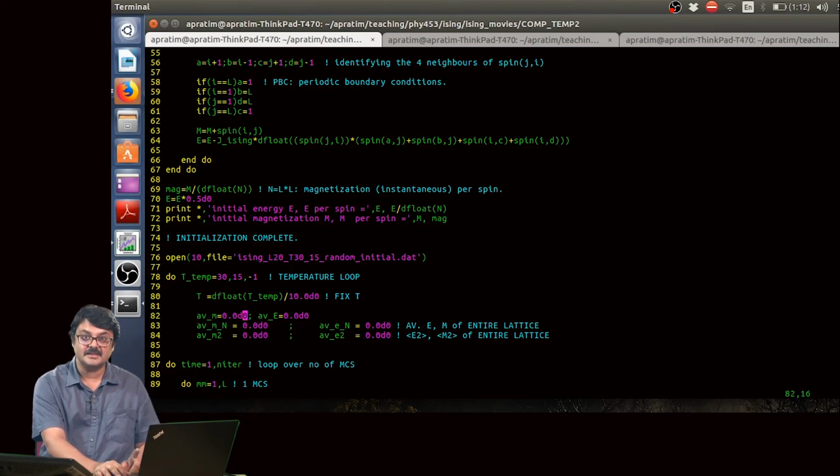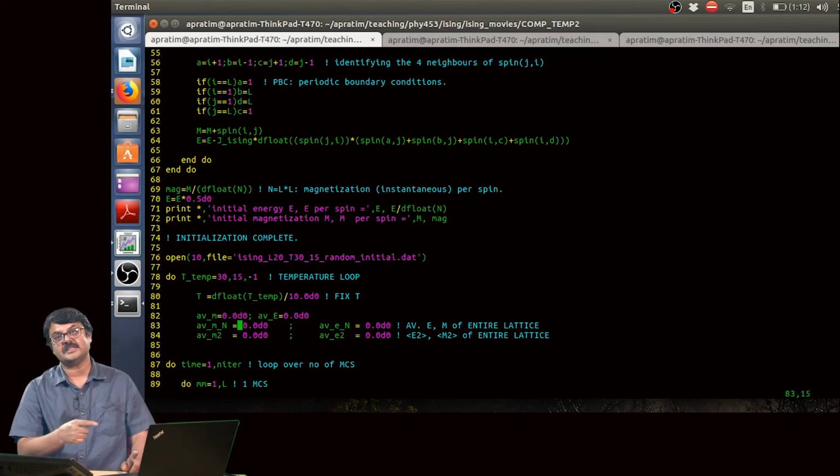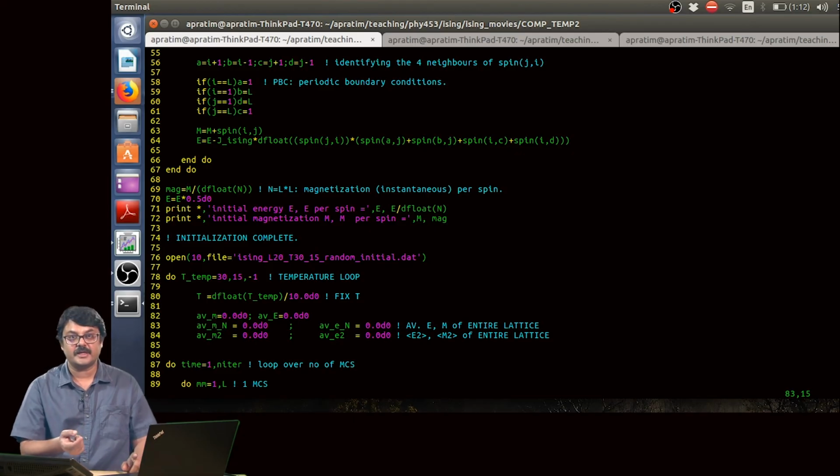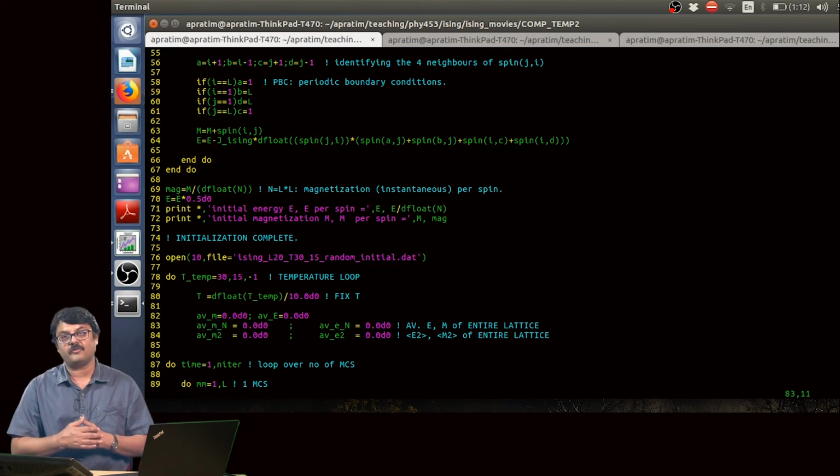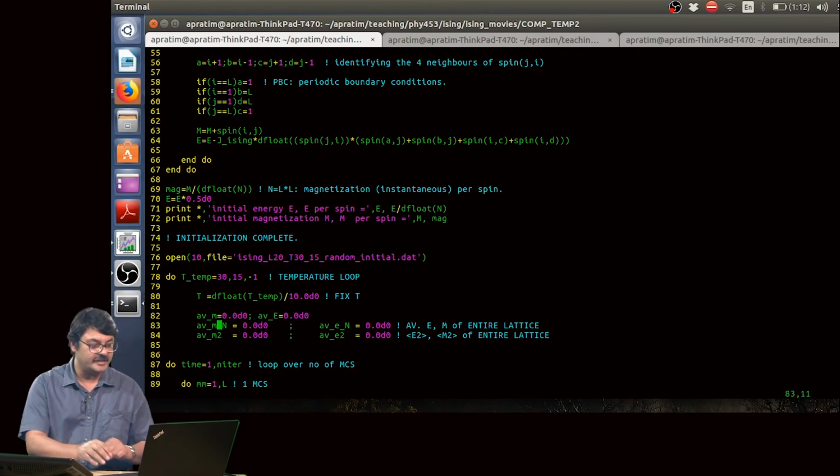Why have these average quantities been initialized to 0? Because at each temperature I am going to add the instantaneous value of E square, the instantaneous value of energy, and the instantaneous value of magnetization to these variables, and keep on adding as we go over different Monte Carlo steps. At the end of calculating the average at each temperature, I shall write it down.